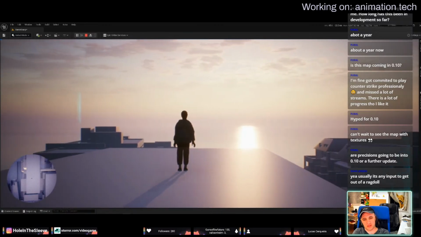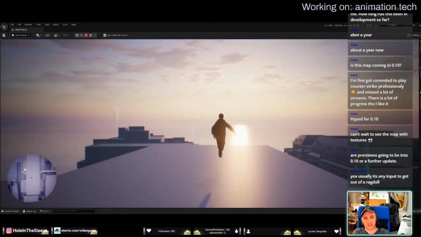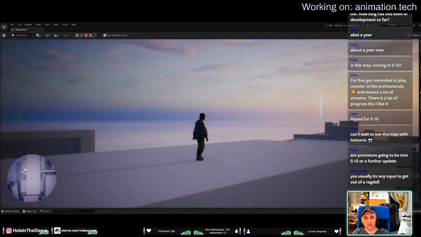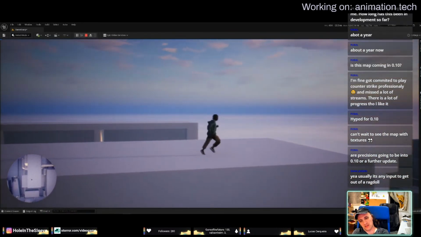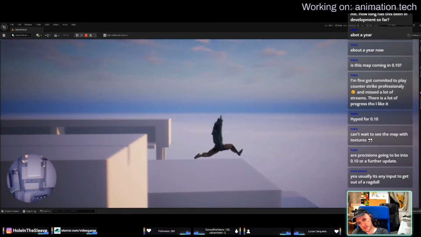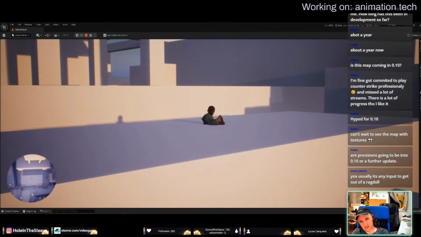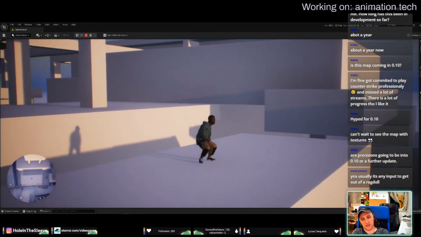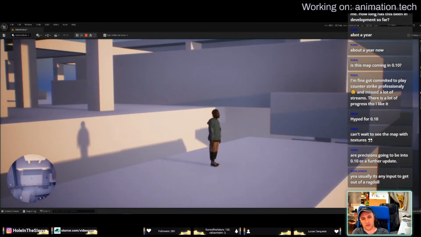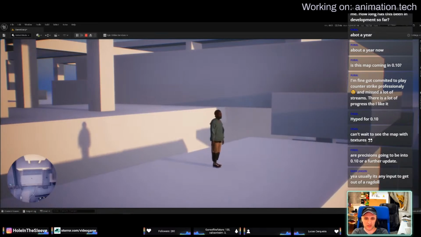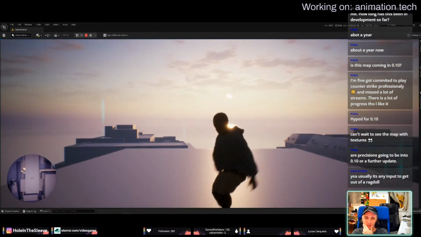So basically it doesn't see that at all. It just sees the floor. Oh, I jumped too late. Yeah, it does in ragdoll. When you jump too late, even if it's 1 centimeter, you go into the ragdoll because it just missed it.